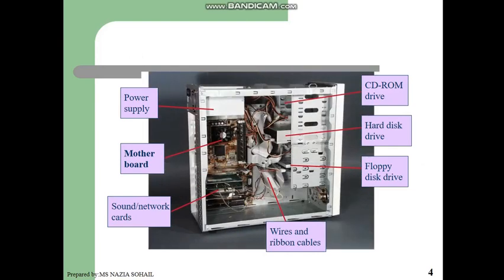So students, here is a picture of the complete CPU box, or the central processing unit, or the system. Basically we say that it's a complete system of your computer. Without this system, your monitor and keyboard will be out of order. It will not work without being attached to this. Here is the CD-ROM drive, mentioned by the red line. This is the hard disk drive.